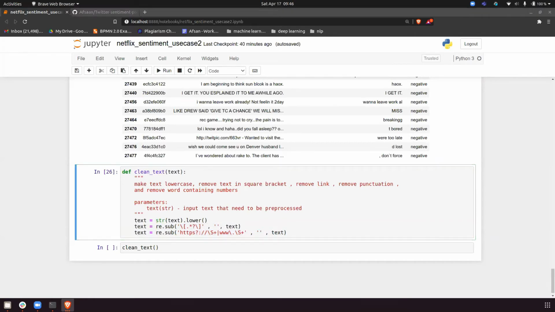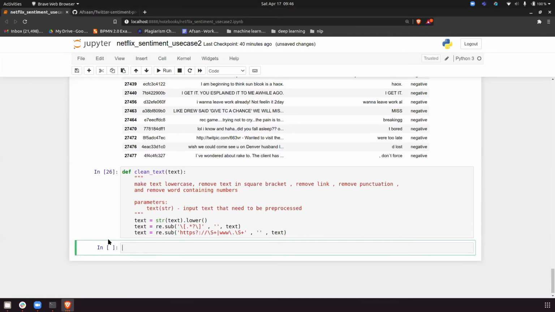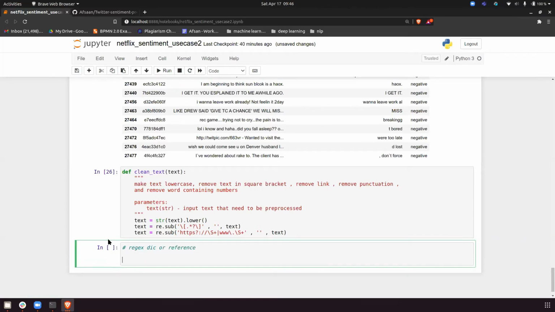Just to make everything easy for everyone, what I will do is make a regex dictionary, or reference. So what is a dot in regex?